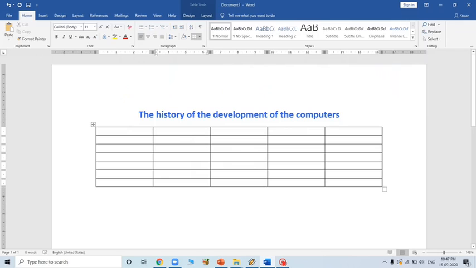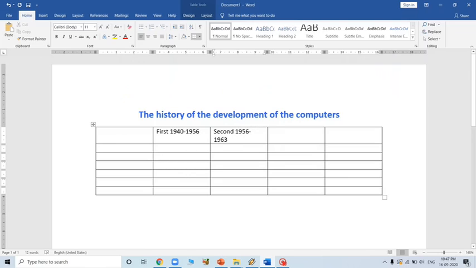In the column you can see, we'll write here first computer, that is from 1940 to 1956. Like that, we'll click here and write about the second computer. That was in the year 1956 to 1963.